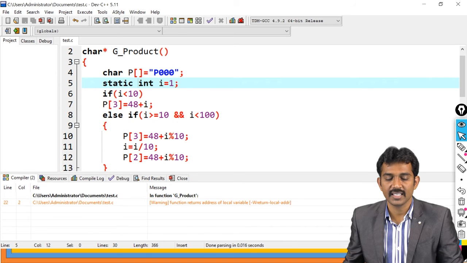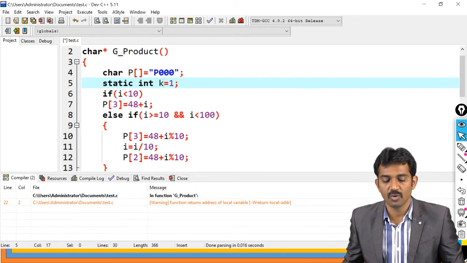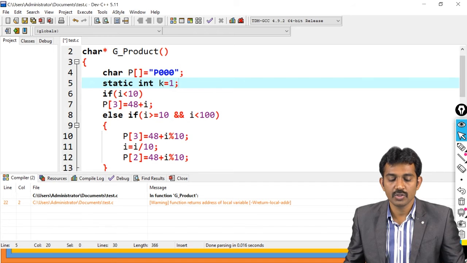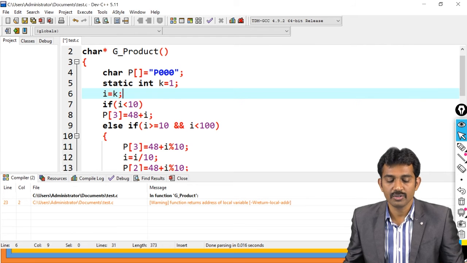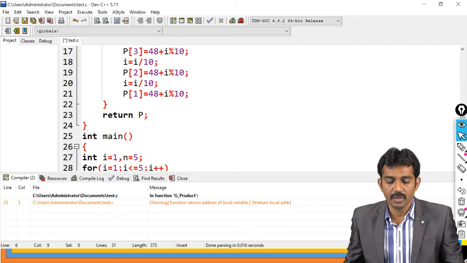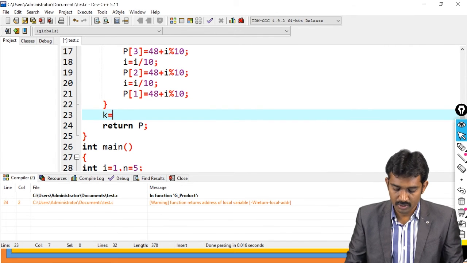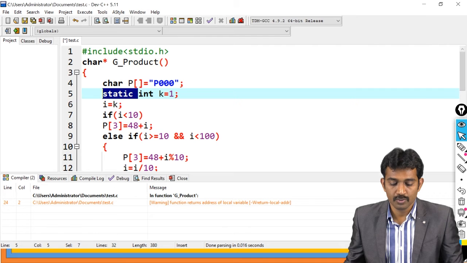Just use static int, right? Otherwise you can take that k also, right? Some k equal to 1, right? Because you reduce that I value, right? So k equal to I, I equal to k. After this operation, you need to increment the k value. Yes or no? K equal to k plus 1 or k plus plus, right? If you remove that static, so without static, I'm going to do, see,